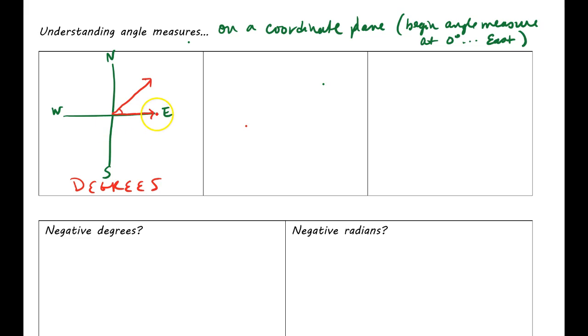Degrees means you're eyeballing it. If you start at 0, like I said, that looks to be about 45. If you made it all the way to the north, then that would be 90 degrees. If you drew a straight angle all the way across, that would be this 90 plus this 90, so that would be 180. Okay, and if we kept going around the circle, then that angle would be, what's another 90 plus? 270. And then if we made a complete revolution, which can happen if we start here and draw an angle that goes all the way around, then we could call that 360 as well as 0.